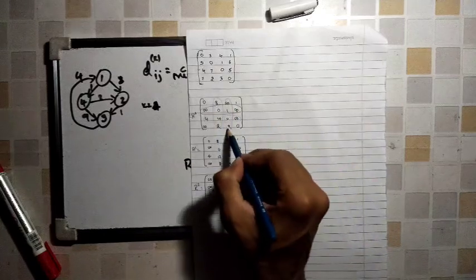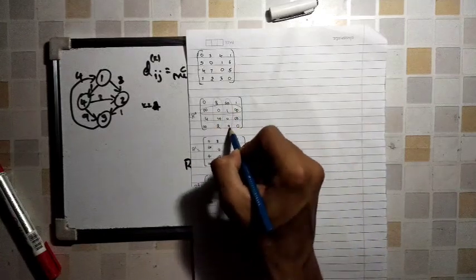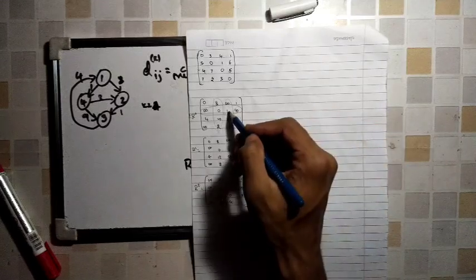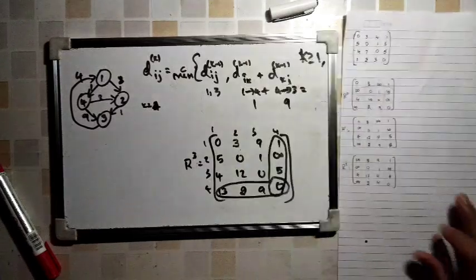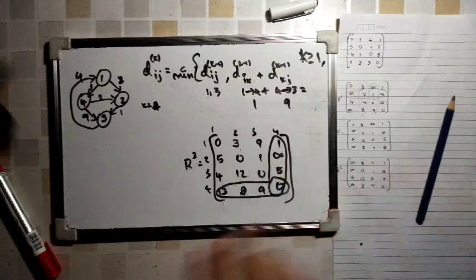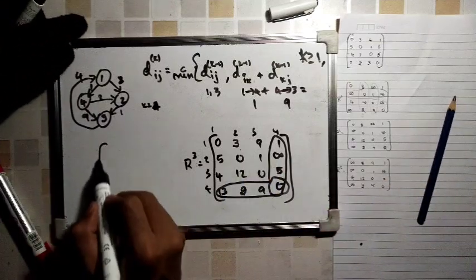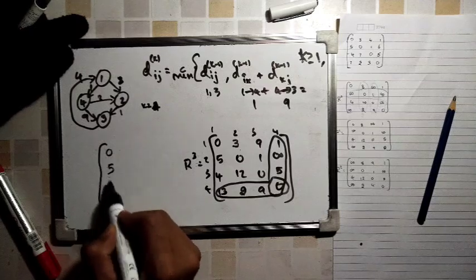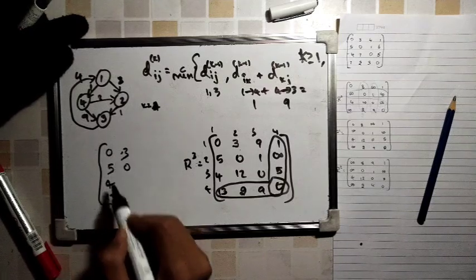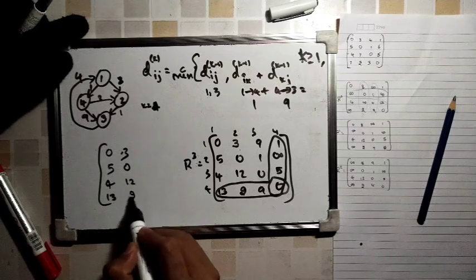So 4 to 4 comma 3. So 4 to 2 is 2 plus 2 to 3 is 1. So actually we could have done it in the first place itself, which is nothing but when we took this, right? So let me just show you here. It's 0 5 4 13 and 3 0 12 2,